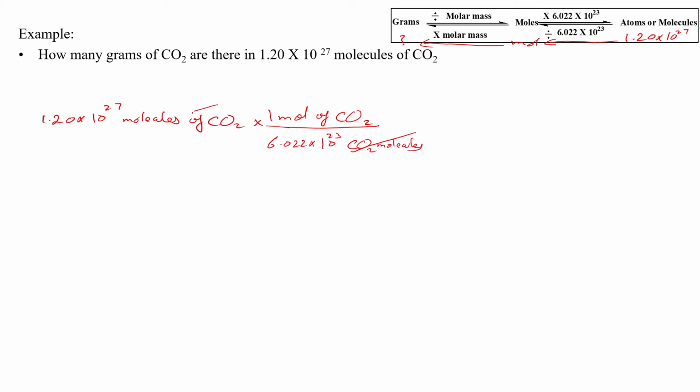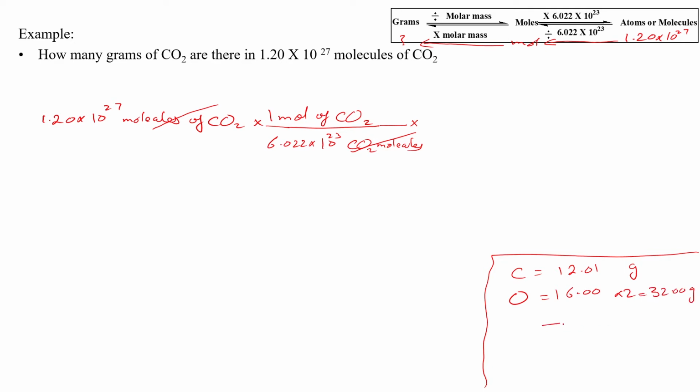This will cancel this part, and now we have moles of carbon dioxide. From moles of carbon dioxide to grams of carbon dioxide, we will use the molar mass conversion factor. We found the molar mass of carbon dioxide in one of the slides before, but you can always solve it from the periodic table. So carbon is 12.01 gram, oxygen is 16.00 times 2 equals 32.00 gram. And when you add, you have 44.01